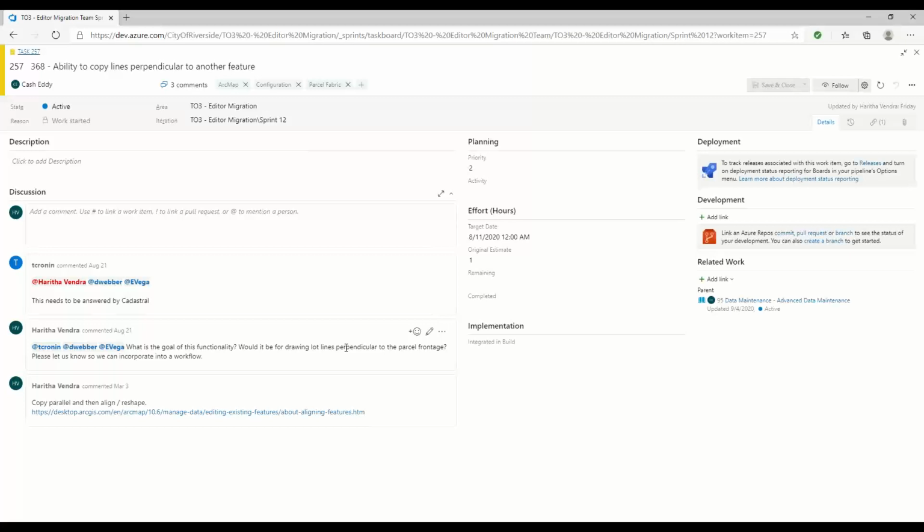I don't... more like an offset, right? Like a parallel offset. So yeah, perpendicular threw me off. So ability to copy lines perpendicular to another feature. So what are we talking about? Copy a line perpendicular to